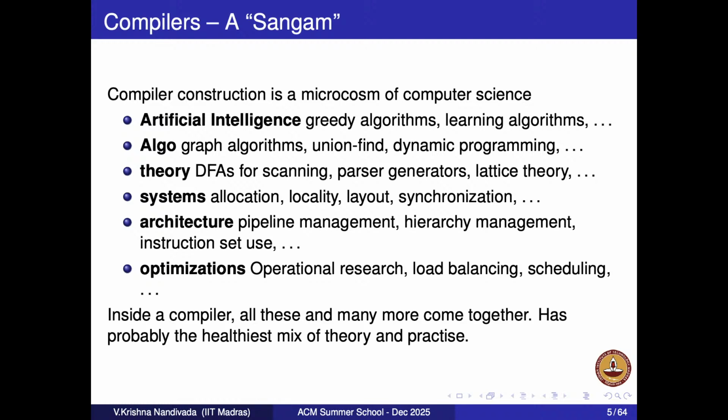You will see 2 things. The techniques you learn in those subjects are applicable in compilers, are useful in compilers. They can impact compilers, and compilers can impact them. It's probably one of the true sangams that you can really see of CS courses. Pick any subject of your choice, right? And you are comfortable in it. You can ask, hey, you know what? I really like subject X. I want to apply X in compilers. Yes, there is. You will find.